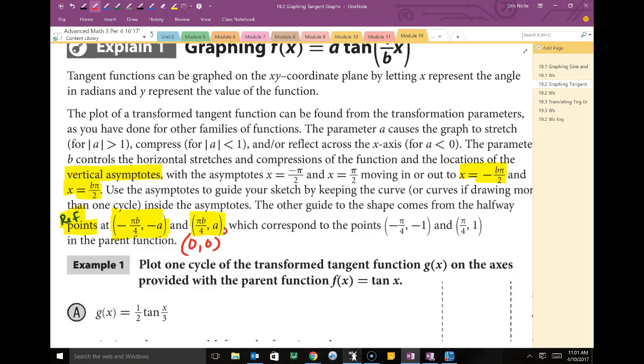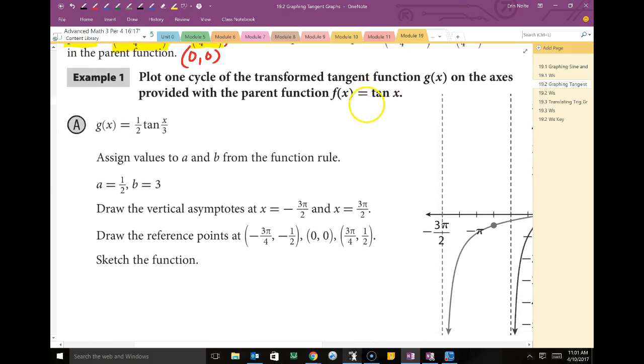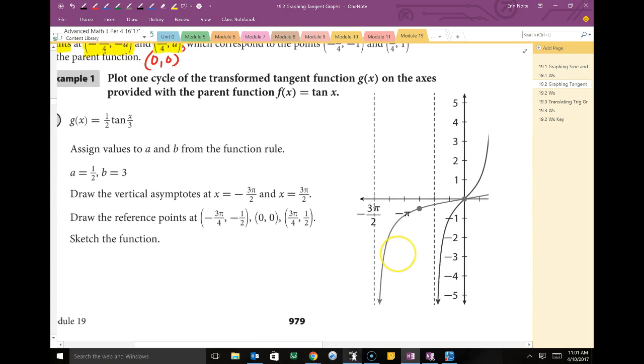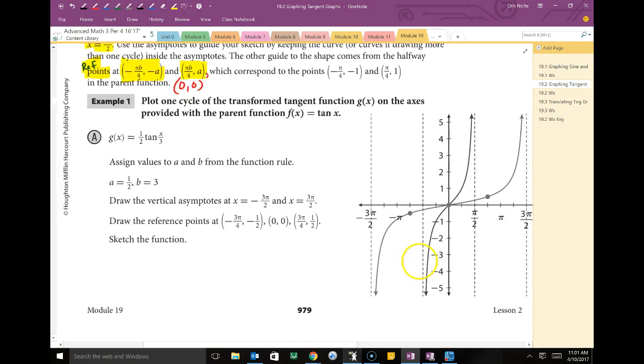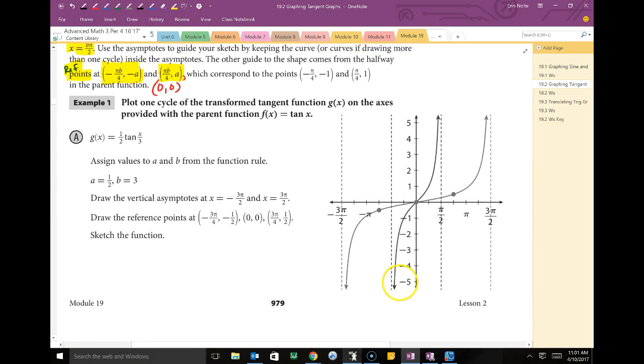Good? Okay, so I did go over this example, even though it is done for us with the last class. I don't know if this is very valuable or not, but what the heck. So if our function is 1/2 times the tangent of x over 3, okay,